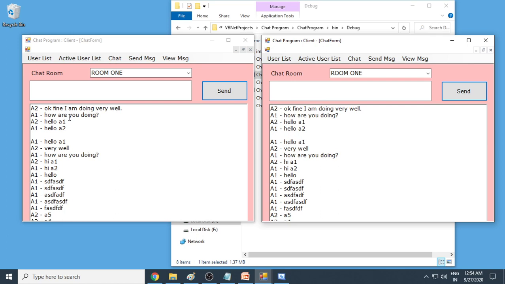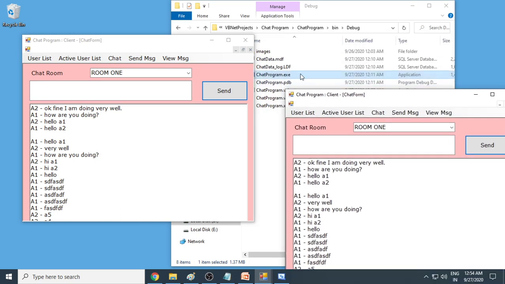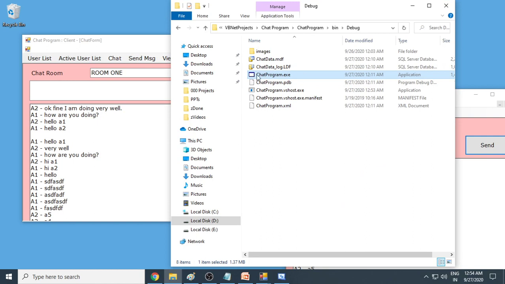For this application or program, those who want to chat need to install it on their system. Because it's a VB.NET project, the only things you require are the .NET framework and the exe file. They need to install the .NET framework, and then we need to send the exe file to their system, or they need to copy the exe file.